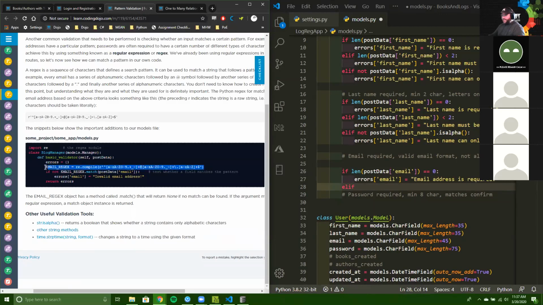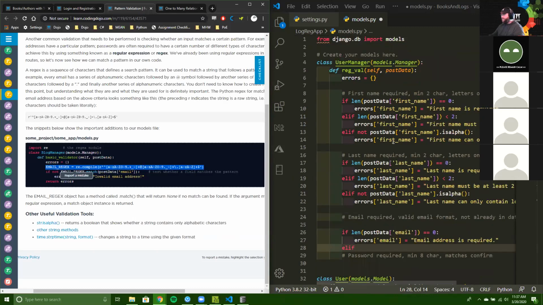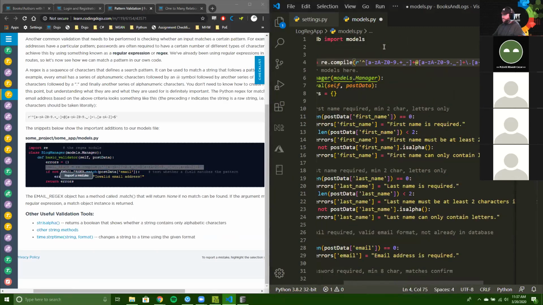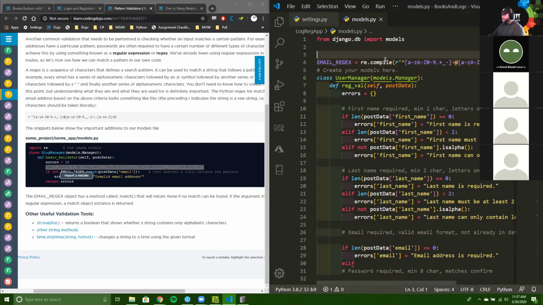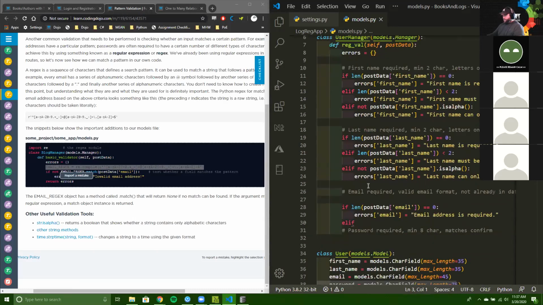The way that I like to handle these kinds of regexes is I just put them at the very, very top of this file, just in case I need to do this several times. So I can say if not email regex dot match post data email. So what this is doing,